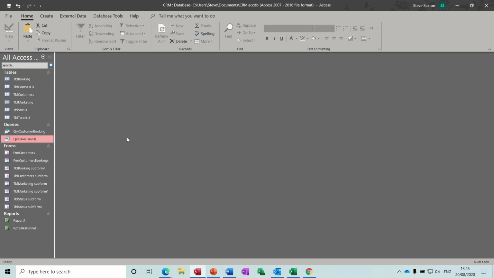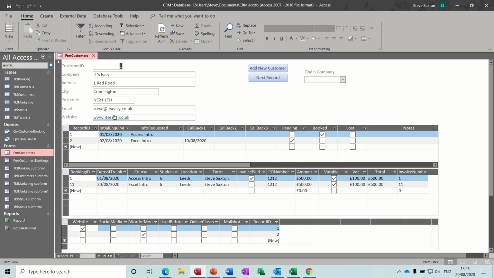In this session, we're going to look at creating a sales funnel based on courses booked, pending, or lost from our table. If I just remind you what that is. We've got a form here with customers, inquiry, pending, booked, or lost. And then you've got the bookings there, and then some marketing information. So now I just want to look at pending, booked, and lost, and then I want to create a graph to represent that